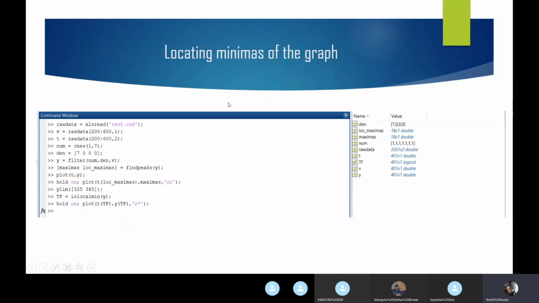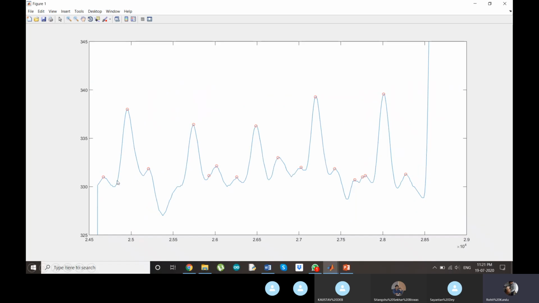Now for minima, we introduce a variable. The function is islocalmin of y. What it does is it returns a logical array. It will sweep through the entire graph, and at every point it will decide whether it is a minima or not.